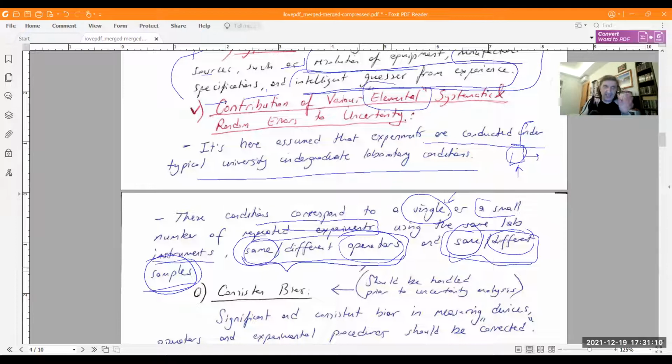So we are going to concentrate on this specific scenario, and for this specific scenario, we are going to be talking about some elemental sources of systematic and random error. First, I start with